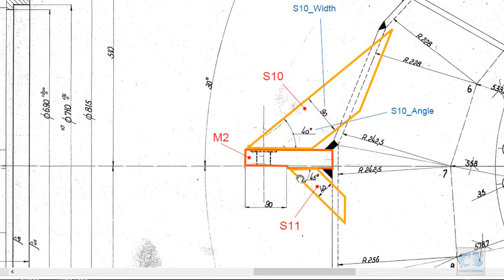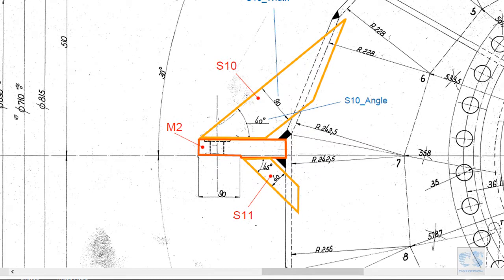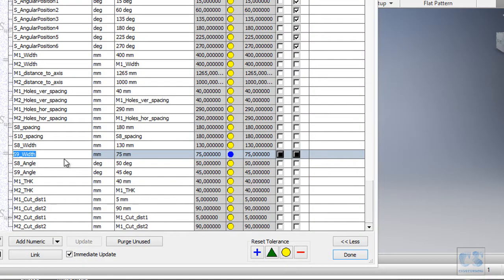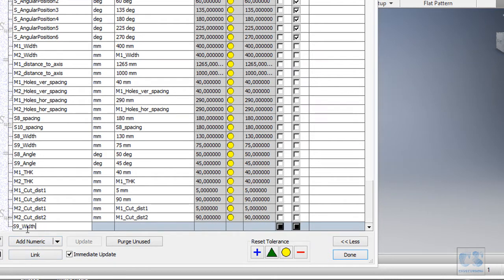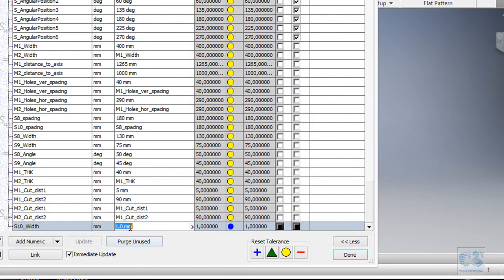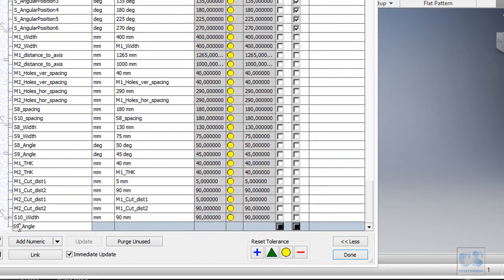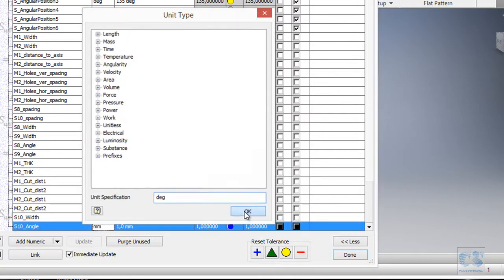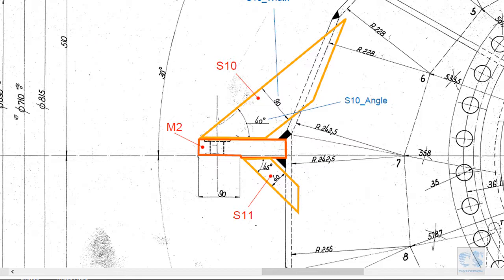and we will have the 10 and 11. So let's do it like this. S10 width is 90 millimeters, and then S10 angle, we want it in degree, should be 40 degrees.